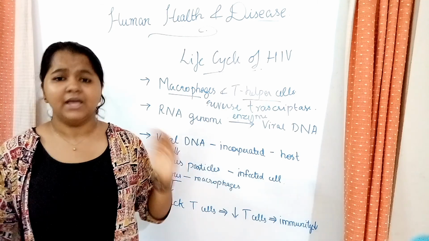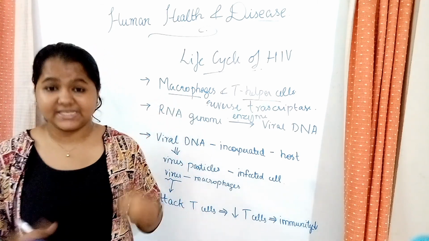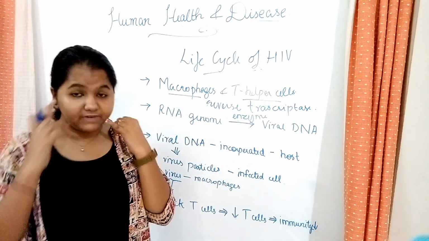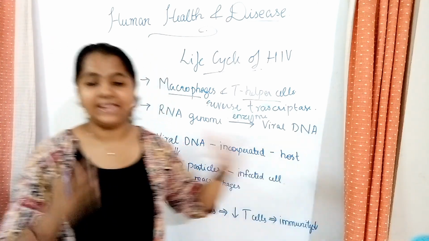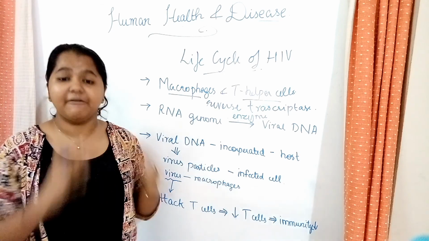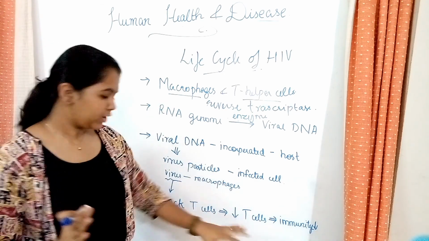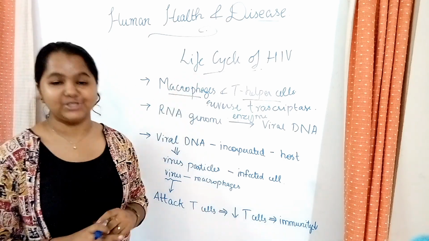So what will happen? They do not die because of this virus. It is because they don't have immunity and they catch all the other diseases that are around. Even a fever can cause so many issues. So the immunity will decrease and the person will be affected by all infections, non-infections, every disease that passes by him. Okay? So that is what is happening, and that is how the life cycle of HIV is.